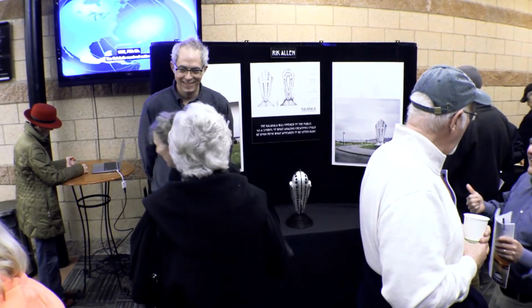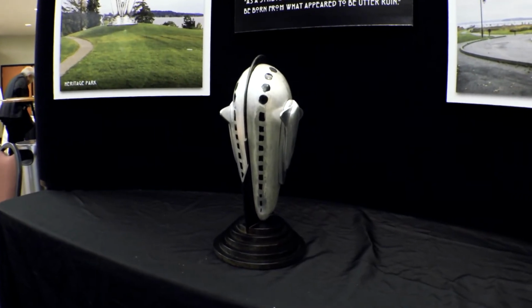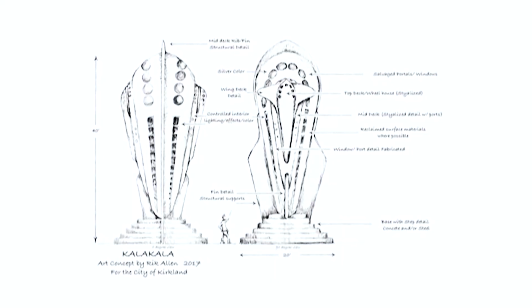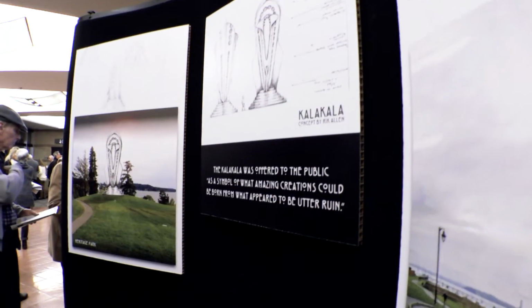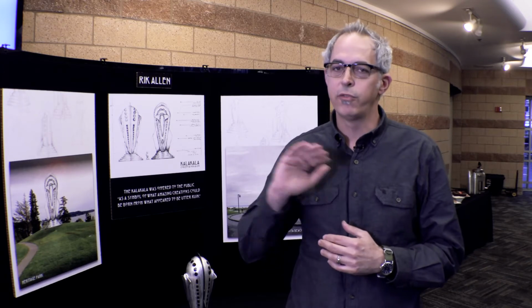Rick Allen, a sculptor from Skagit County in Washington, fell in love with the sleek Art Deco design. To highlight those features in it and maybe reflect a little bit of its past in the design, but also just working with that, I decided I wanted to put it upright, putting it in a context where its new life, its new resurrection is in space or air. It just has this hopeful kind of projection forward, because I think that's what the Kalakala always seemed to be from the past to even now. It represented this sort of very forward-thinking